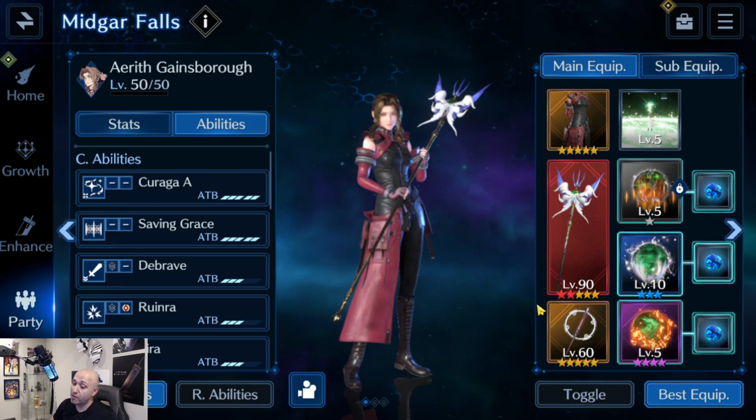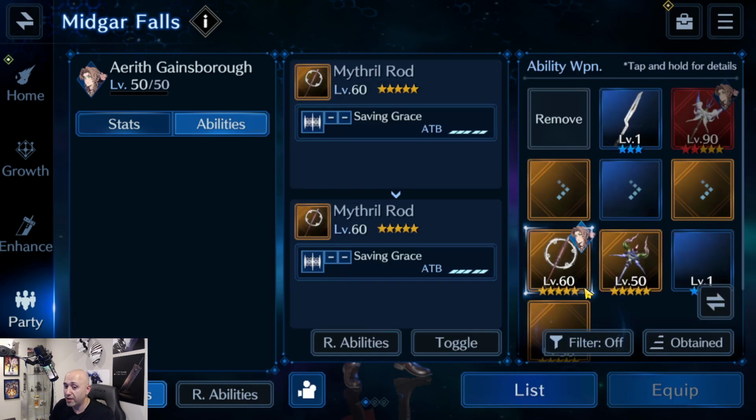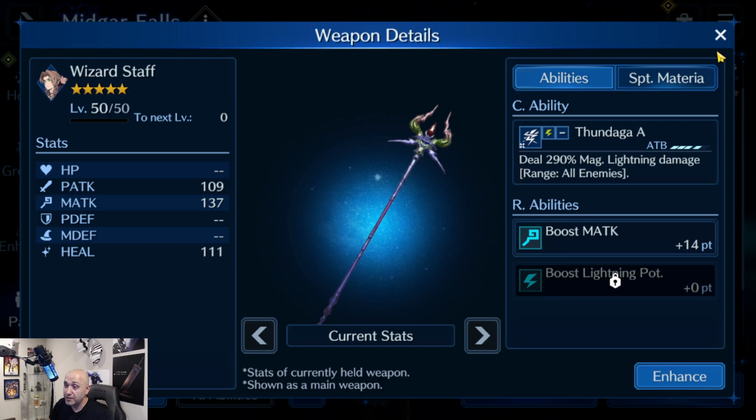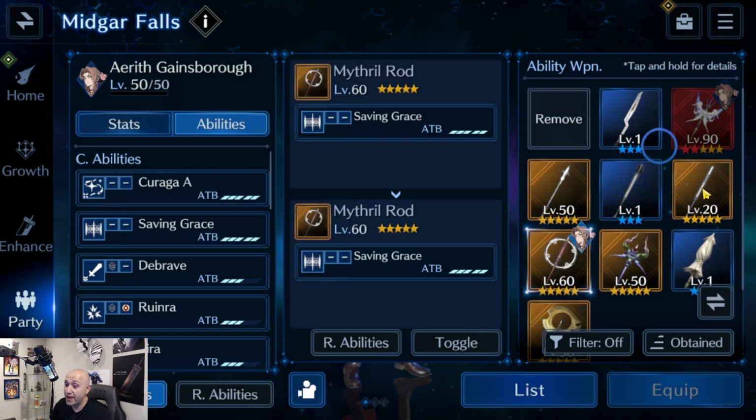I'm going to take Mithril Rod out, okay? Because I know a lot of people complain that they don't have Mithril Rod. Now, here's the thing. People complain about not having Fairy Tail as well. I'm not going to remove Fairy Tail only because it's my only healing weapon that I re-rolled for, and this